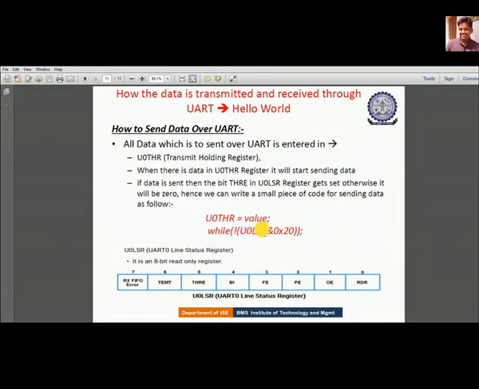Once I send all the data, then this particular 5th bit of the U0 LSR will be 1. So not of 1 is 0. So that time will come out of this particular loop. So it means that we have sent all the data from the U0 THR. So this is the program, how to send the data to the LCD, the other device connected to the